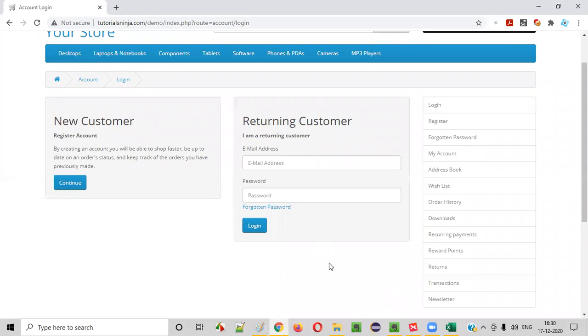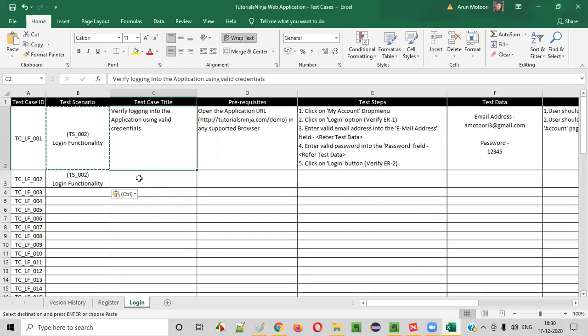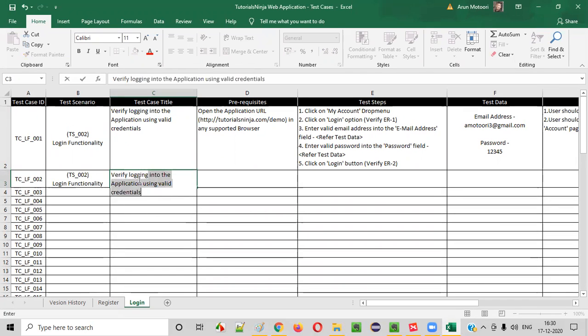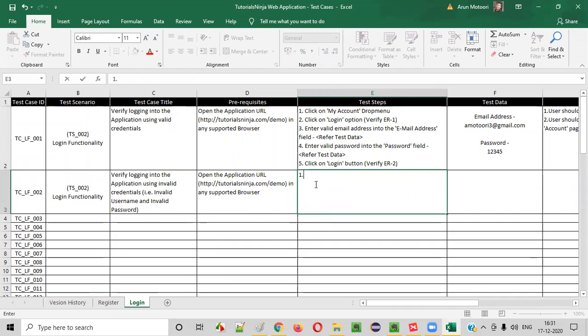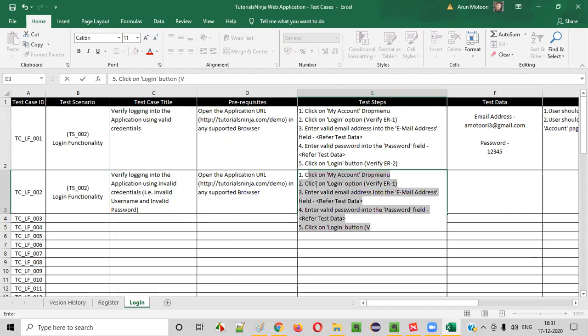Okay, so fine. So here: verify logging into the application using invalid credentials. So both credentials are invalid here, right? If you want to be descriptive, you can write like this: invalid username and invalid password. Okay, these are the invalid credentials I'm talking about. The same preset here also, and here I will write,